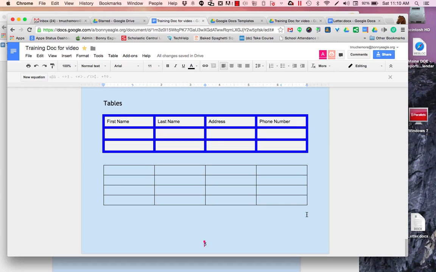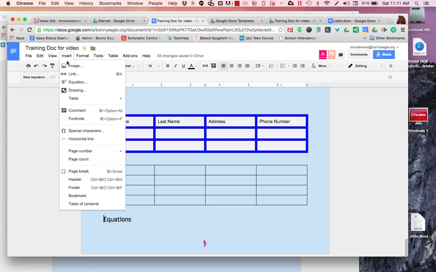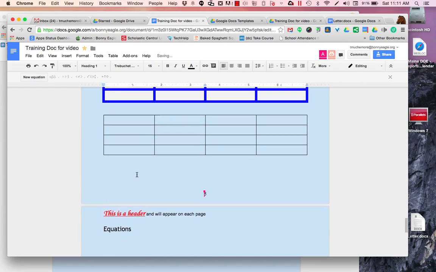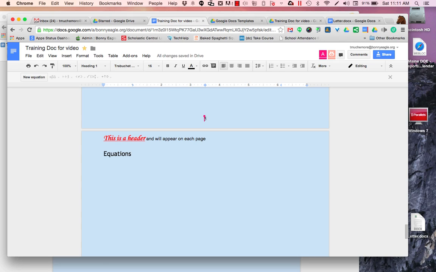And then the last topic is equations. We're going to change the heading, and we'll insert a page break. So you can set up equations by using the equation toolbar. So if you wanted to do 3 divided by, of course you know your divided by is this symbol, or if you wanted the regular divided by symbol, you can click on New Equation and choose divided by